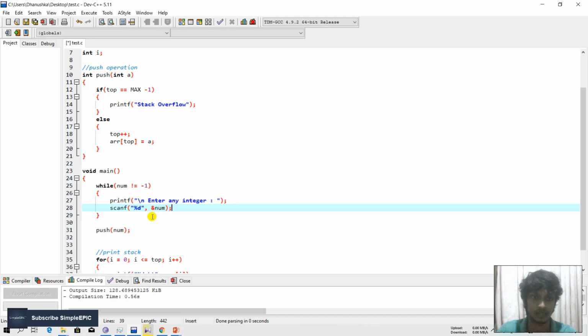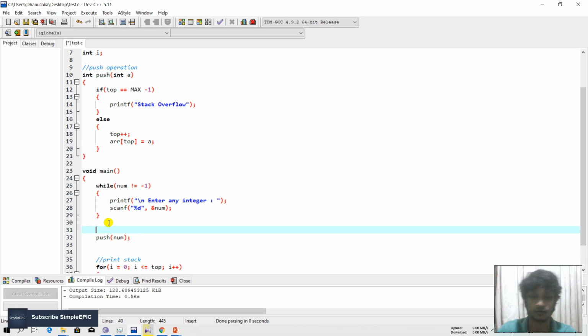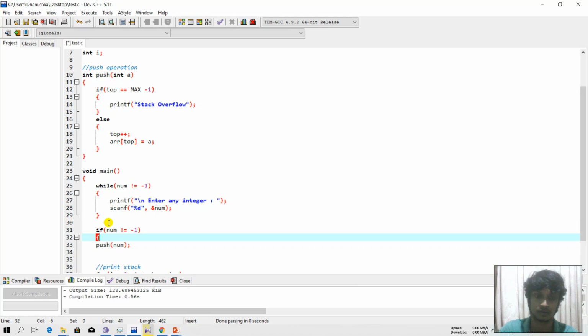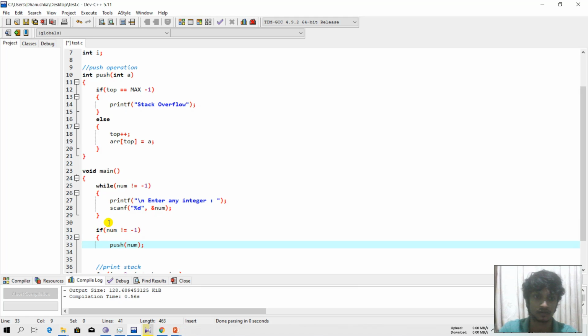Then if the integer that the user inserted is not equal to -1, it means it is a valid value for the push operation. Therefore this push operation should happen if our num is not equal to -1.